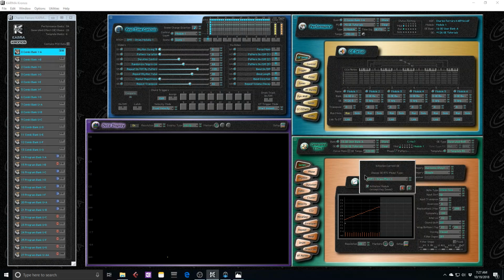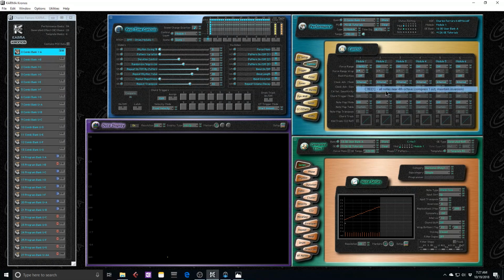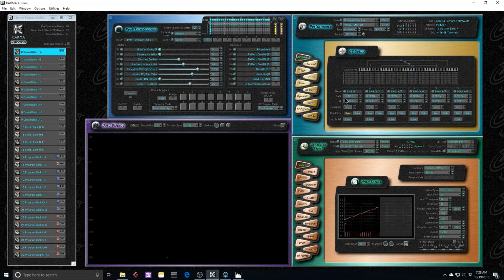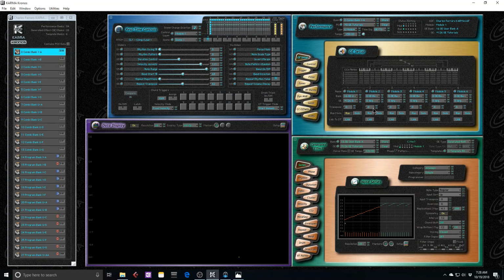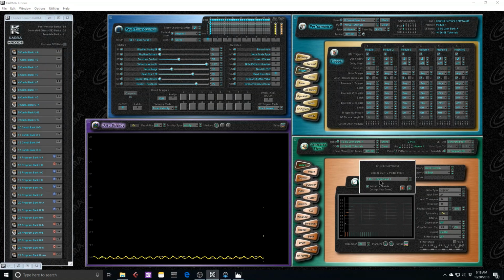When you are initializing a GE, you can also choose to initialize the module in which that GE sits. So let's say that I have changed some parameters in the Karma module itself. Like I have it ranged and I have it transposed. When I initialize the GE and I initialize the module itself, it will make all of those go back to their initialized settings. If I am choosing a Bass Lead 1, it's going to initialize the module differently